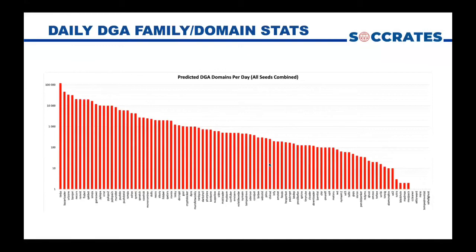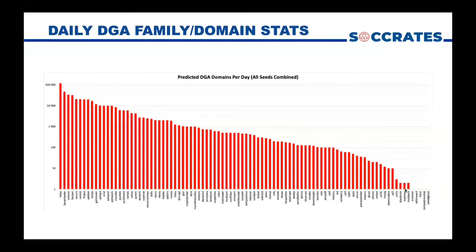Example DGA family stats. This is actually all the known DGA malware out there that we can lay our hands on. So you can more or less see how different families employ different amounts of DGA domains generated per day, from tens of thousands, like banking trojans such as Timba, to just a few in the case of other threats, maybe to stay a bit under the radar.